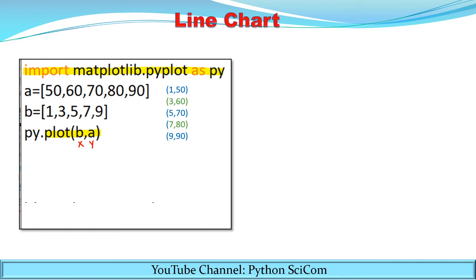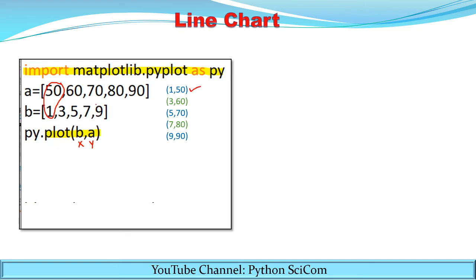So the first point will be 1, 50. Since b is represented along the x-axis, it will be 1, 50. The first point that will be represented will be 1, 50.